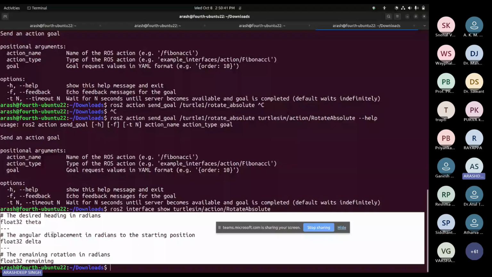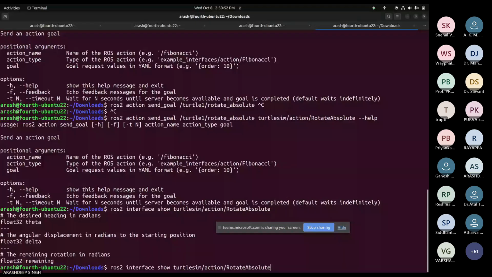So let's change the heading direction by giving it some value. Let's pass 1.57, meaning 90 degrees. So